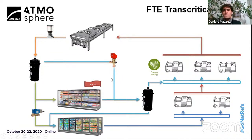Why do we do that? What is the benefit of overfeeding the evaporator? Well, basically, overfeeding the evaporator is a well-known technique to enhance the heat transfer coefficient, so to better exchange the cooling capacity from the evaporator to the air and ultimately to the product that is inside the cabinet. So if, thanks to the overfeeding, we are able to increase the performance of the evaporator, we are able to raise the evaporation set point of the evaporator section in the medium temperature. So at the end, we save energy because the compressor will consume less, because the compression starts from a higher